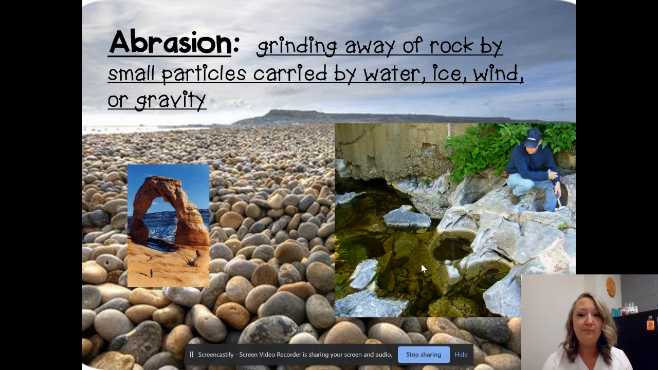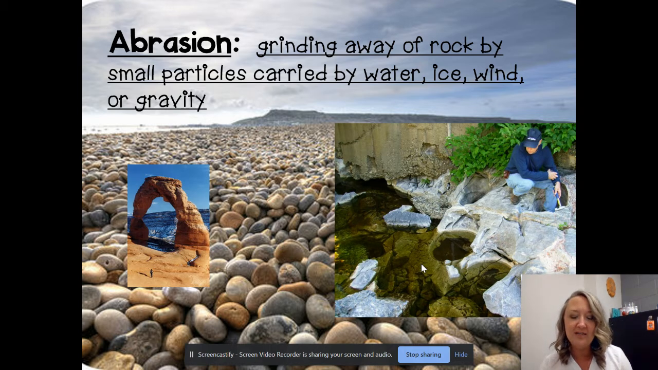This type of mechanical weathering happens when we grind away rock by small particles in water or wind, or even by gravity. This is called abrasion. And abrasion happens when rock particles or rock and sand particles hit each other. That's why you often see these along riverbeds, and we even call these river rocks a lot of times,